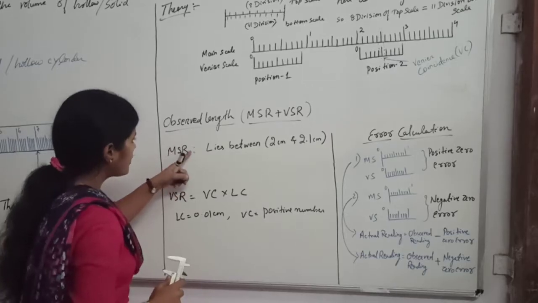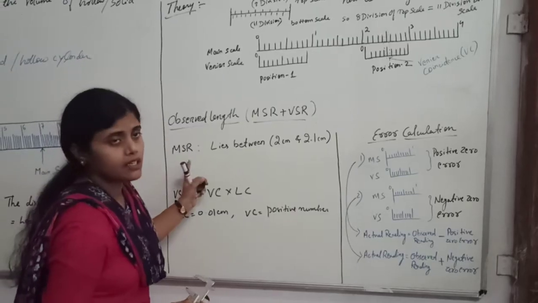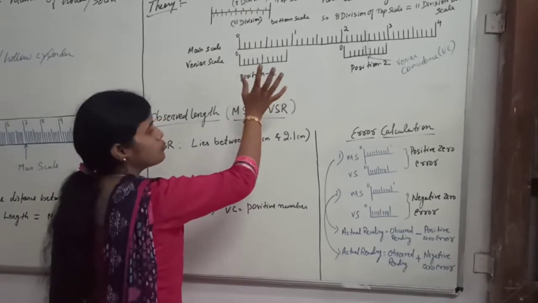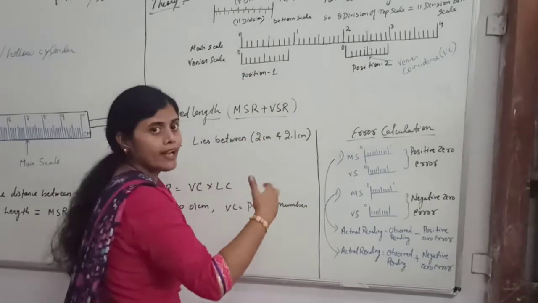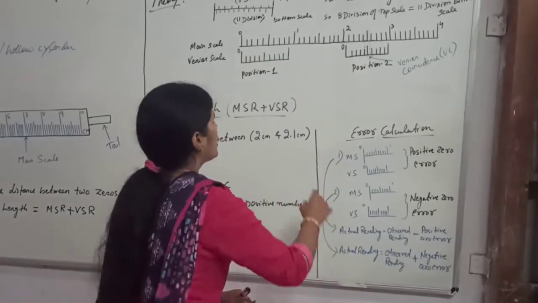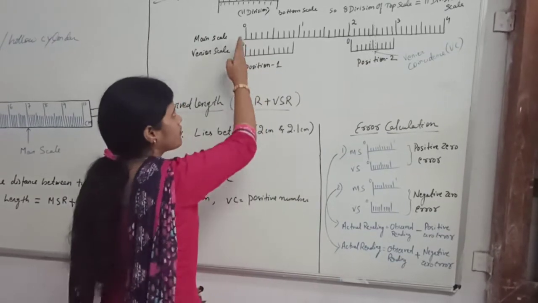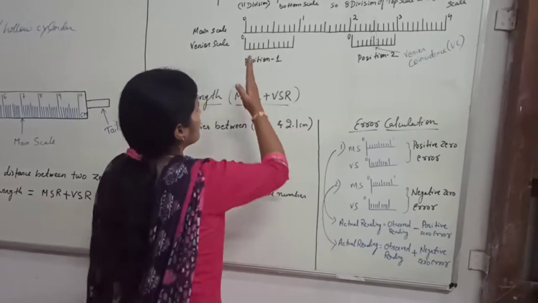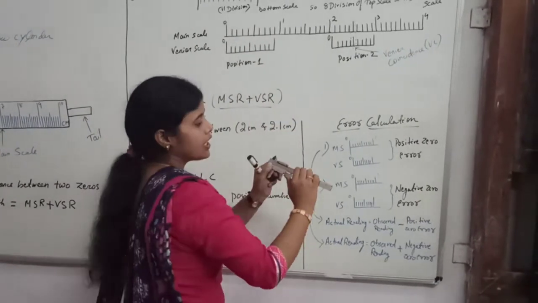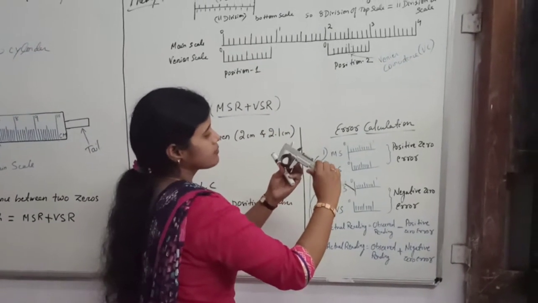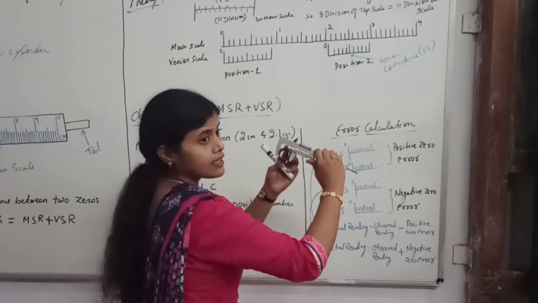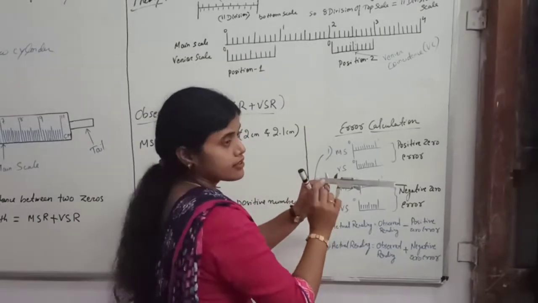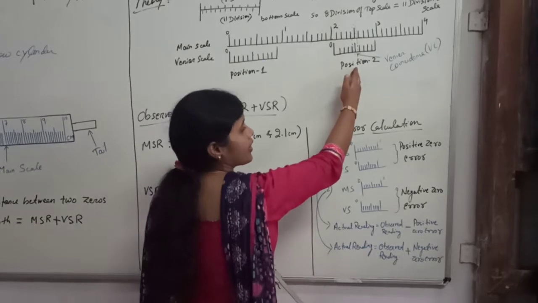So now let us understand how to find the main scale reading. You see here, this is position 1. This I have drawn to make you understand about the divisions while calculating the least count. But suppose in this position no object is placed in between the jaws. That's why they are completely closed and both the lines are coinciding. But in the second position, I just placed an object. Here I am measuring the external diameter. After placing this object, I want to find the length. So this is given by this drawing, position 2.